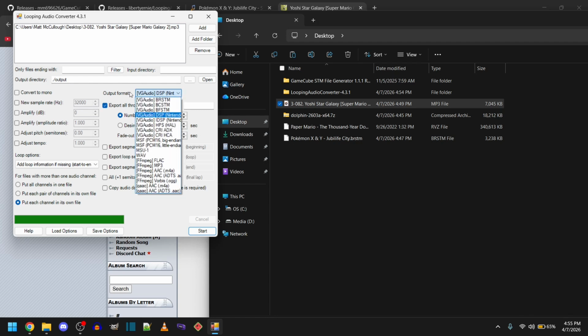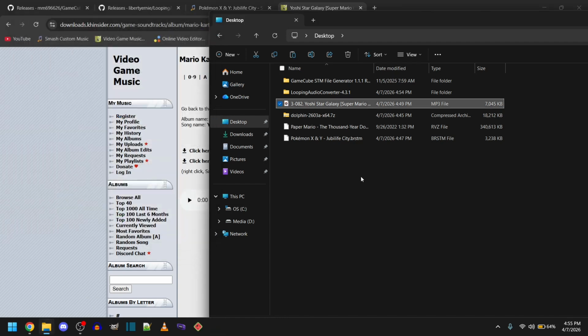You convert for MP3s. You want to convert the BRSTM first, then DSP. The BRSTM will save to the output folder. I just wanted to mention that in case I get a comment or two. Oh, why don't MP3s work? Yeah, that's why. Anyway, we have our Jubilife City DSP pair set, so we can close Looping Audio Converter, and